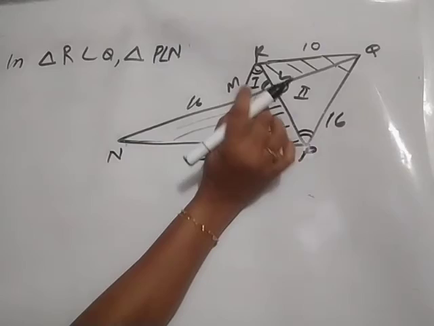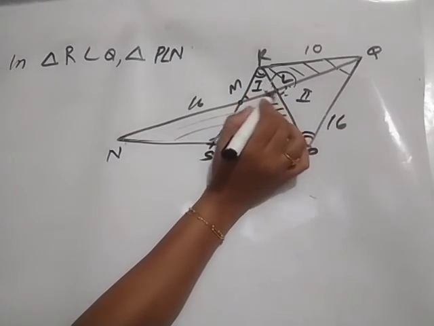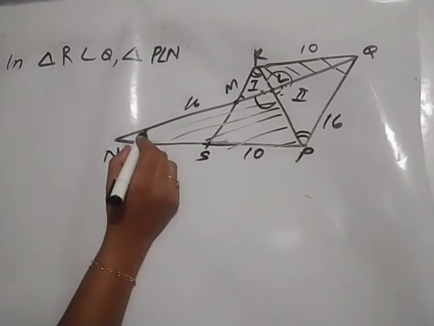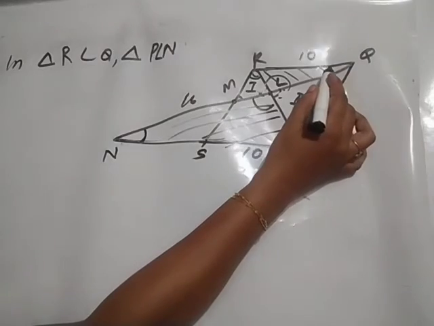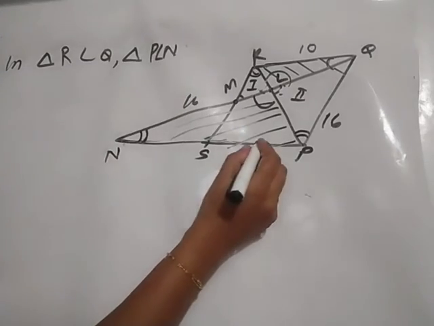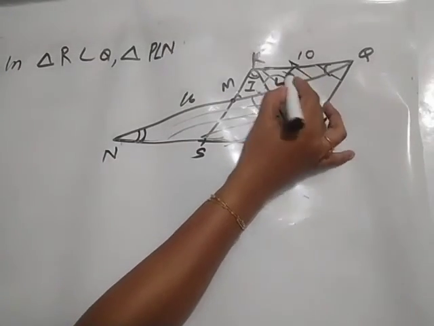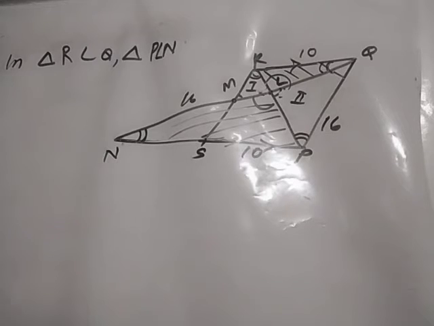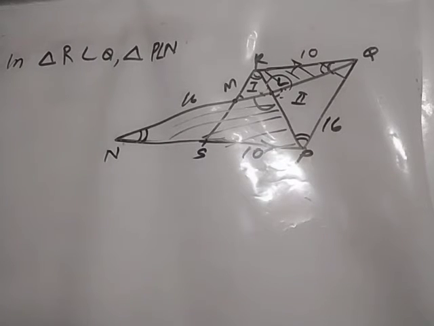Let us check. These two are opposite angles, no? These two are opposite angles formed by the line segments. They are equal. And what about these two? These two angles, are they equal? Yes, they are alternate angles, since this side SP is parallel to RQ. QN is a transversal. So we can consider the alternate angles equal. So we have proved two angles are equal for two triangles, then they are similar. Here clearly you can see the sizes are different. So the triangles are similar.